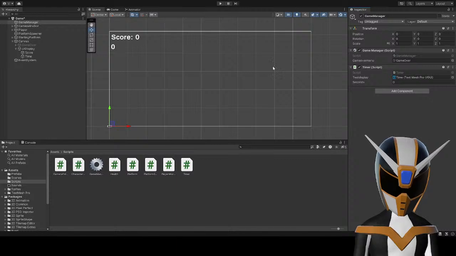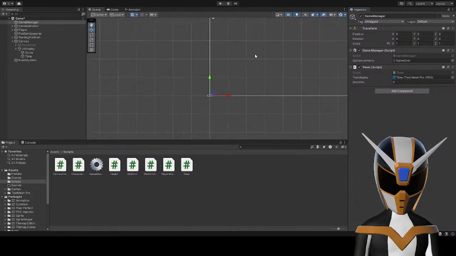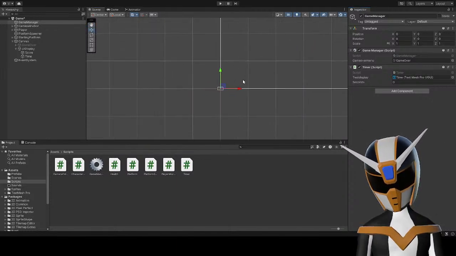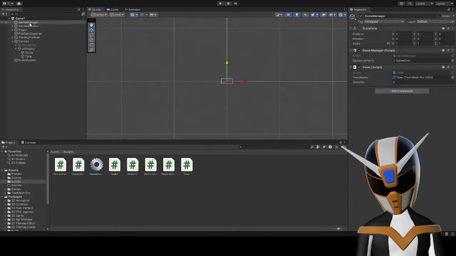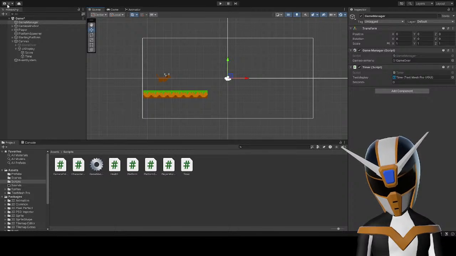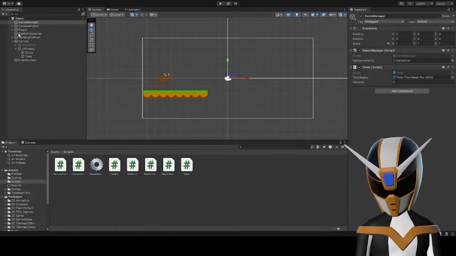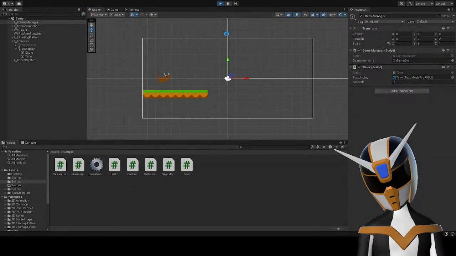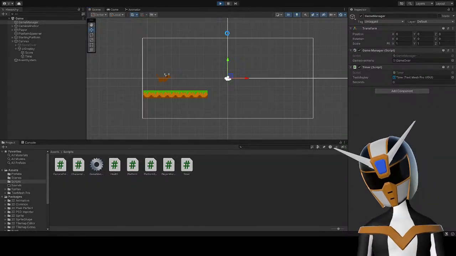Hold on, I'm gonna reset this position just for the heck of it. All right. Let's see how this works. Does this timer count upwards like it should?